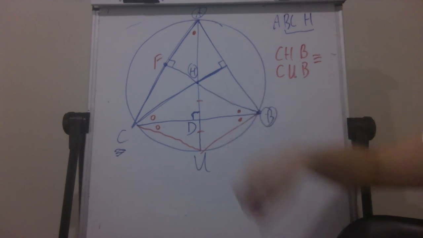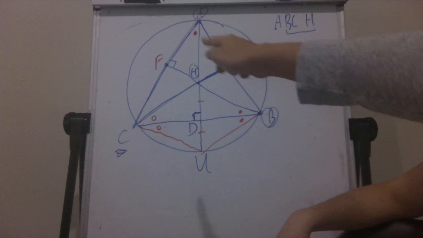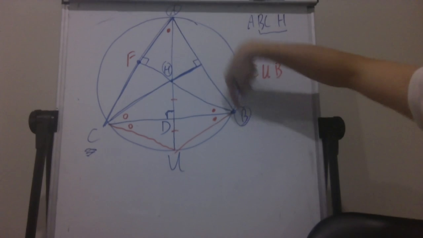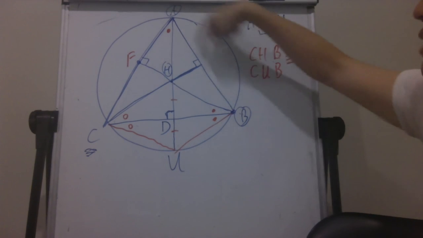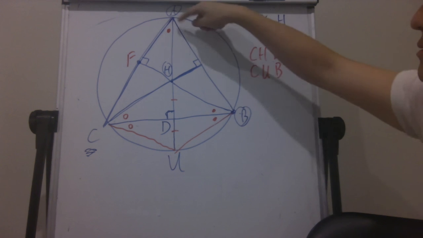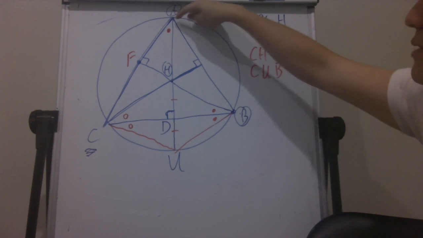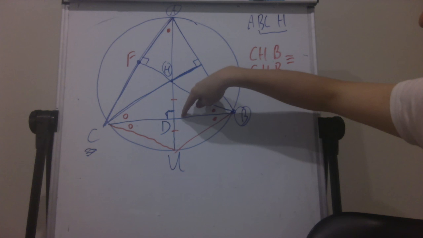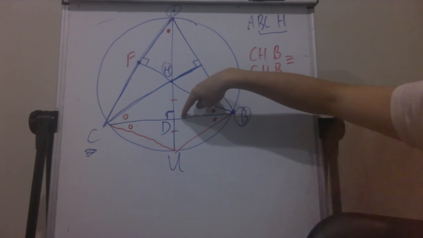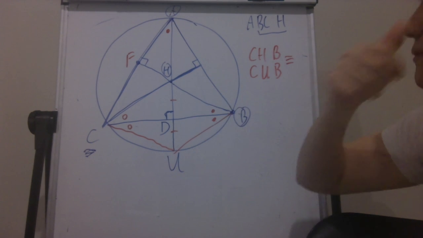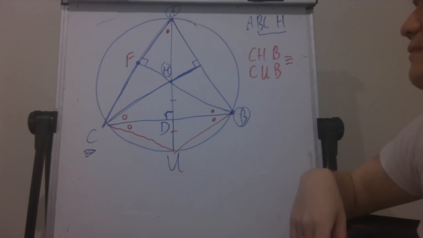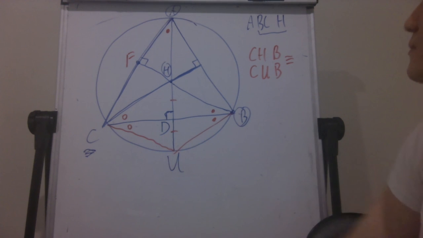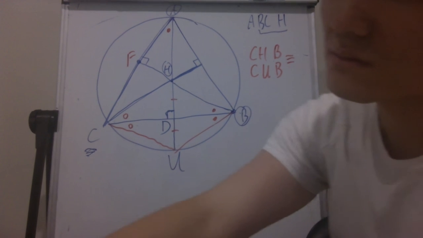Because when you connect the line to H, those triangles are congruent. Angles of the same arc AB, yeah. They make 90 degrees. So AB is a diameter, yeah? So if AB is a diameter, then F and D lie on the circle. Okay, they're 90 degrees, that makes a lot of sense. And the same reasoning on the other side shows these two angles. Yes, that was quite difficult to prove.